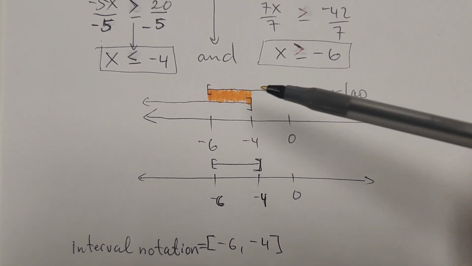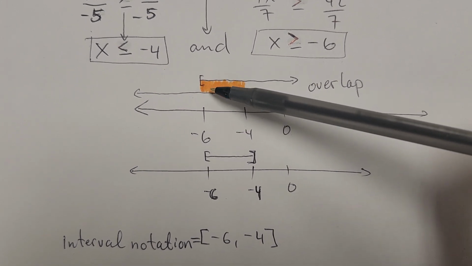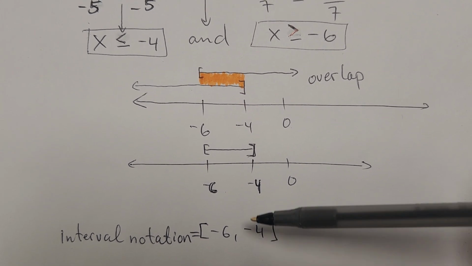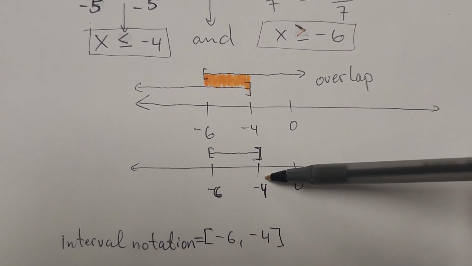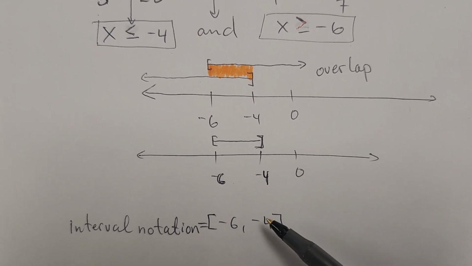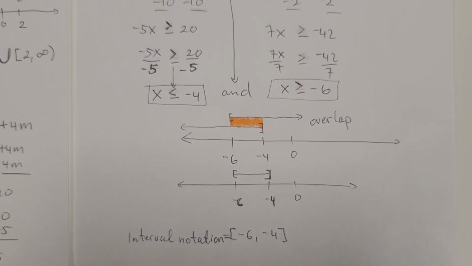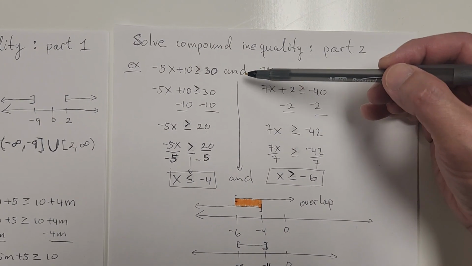Again, in this graph there is an overlap, so I only need the overlap, which becomes my solution. So my solution is from negative 6 to negative 4. And this is how I write my interval notation. And as you notice, if we are doing an "and" compound,